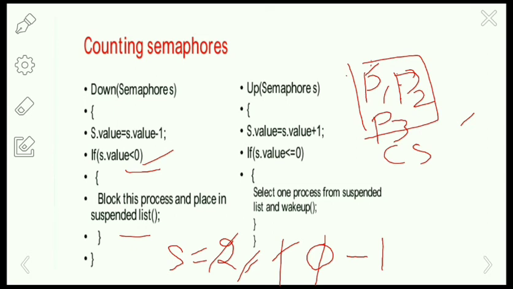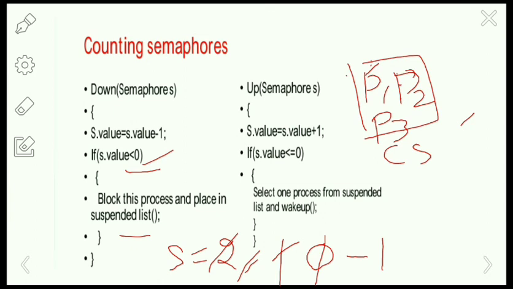Now in the critical section there are 3 processes, that is P1, P2 and P3. Next, P4 will try to enter the critical section. Here the semaphore value is -1, which is less than 0.